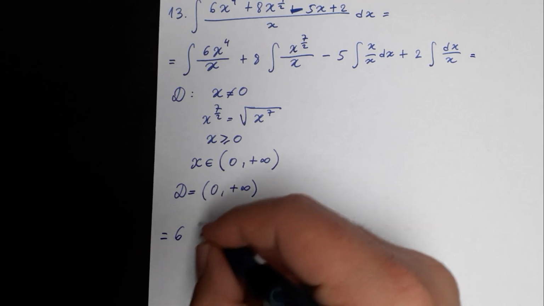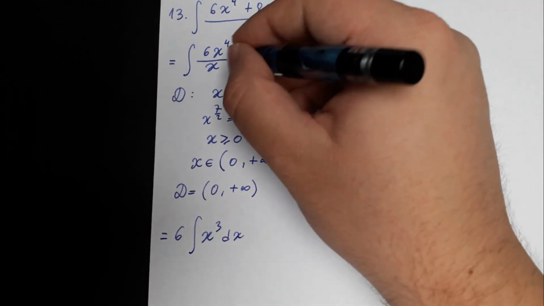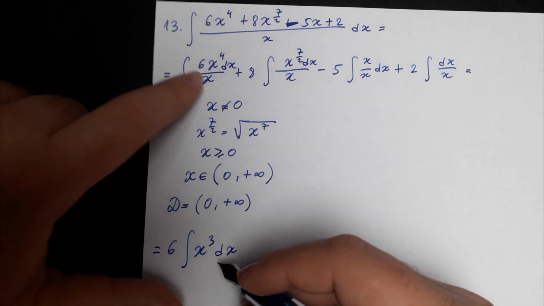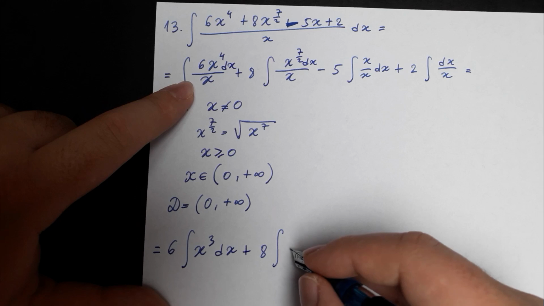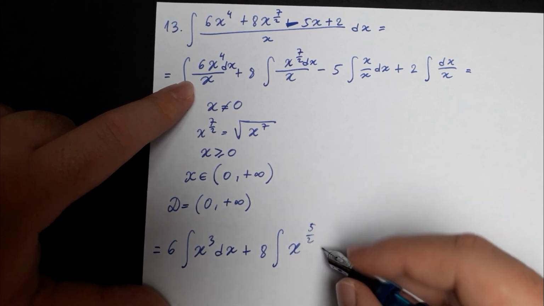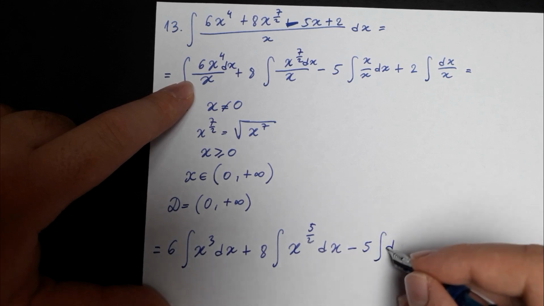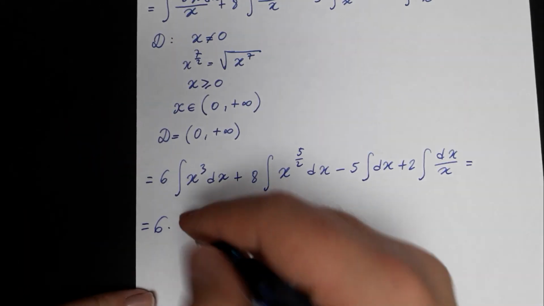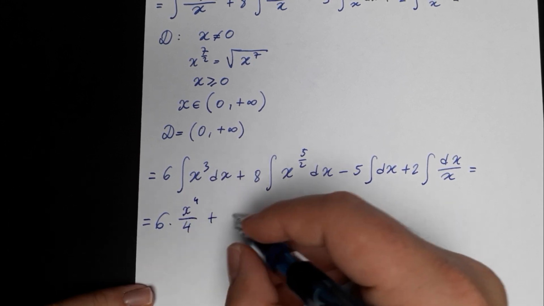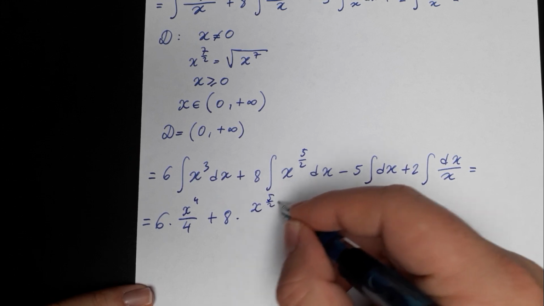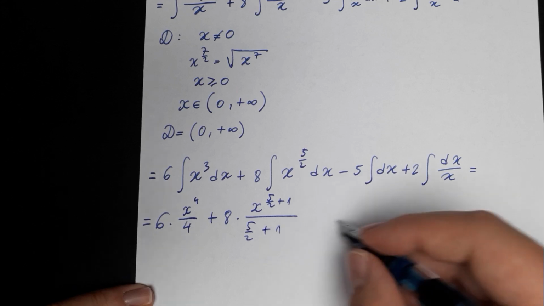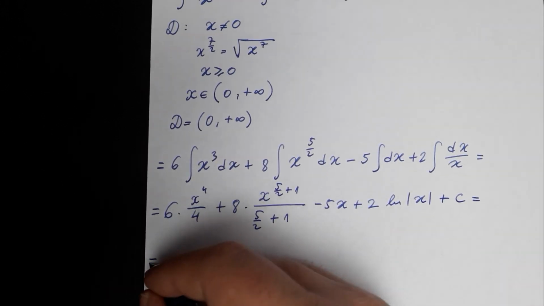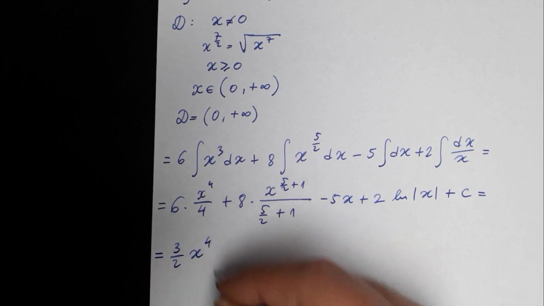This is then equal to 6 integrals of x cubed dx plus 8 integrals of x to the power 5/2 dx minus 5 integrals of dx plus 2 integrals of dx over x, which is 6 times x to the fourth power divided by 4, plus 8 times x to the 5/2 plus 1 divided by 5/2 plus 1, minus 5x plus 2 ln absolute value of x plus c, which is equal to 3/2 x to the fourth power